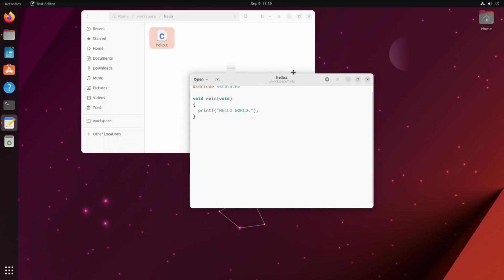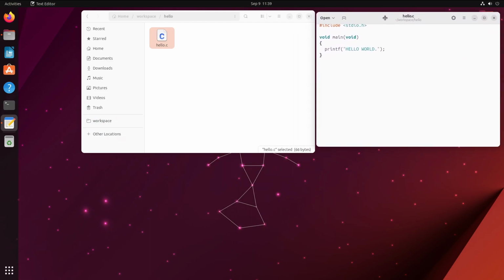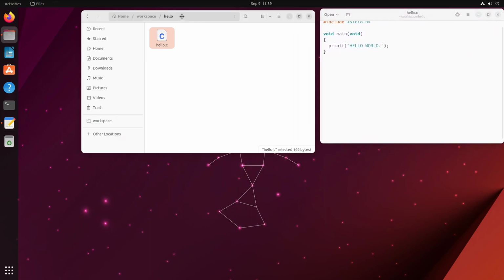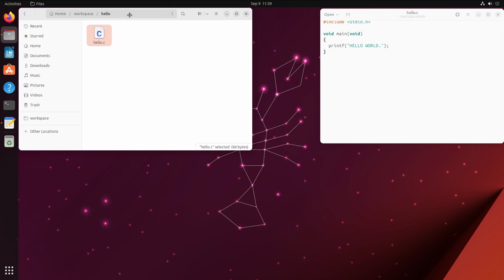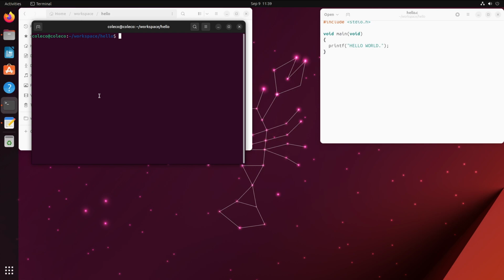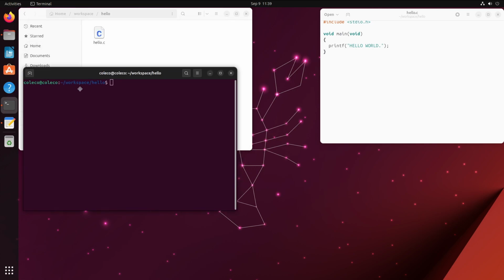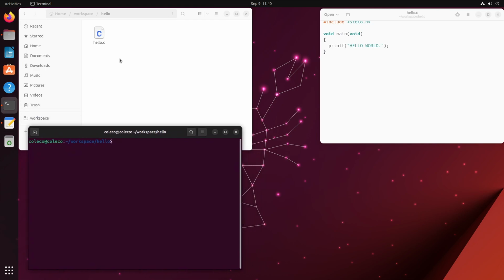Okay, cool. Now let's actually build this. I'm not going to go into the process of makefiles or anything here because right now we're just testing the compiler and everything is in this one source file anyway. So we're just going to call the compiler directly. To do that, we'll use a little shortcut here, right mouse button, open in terminal. That brings us right to that folder, ready to go. And at that particular point, I can,